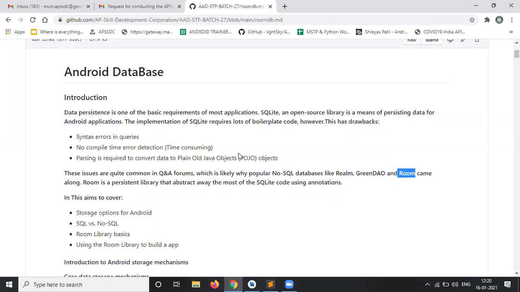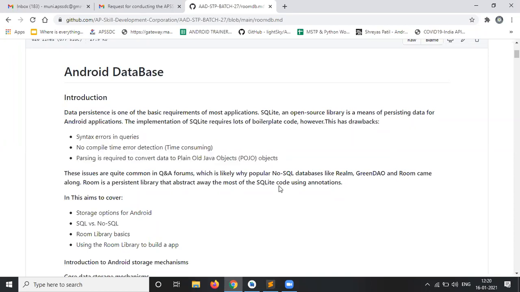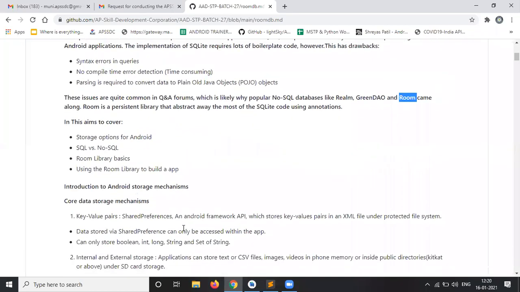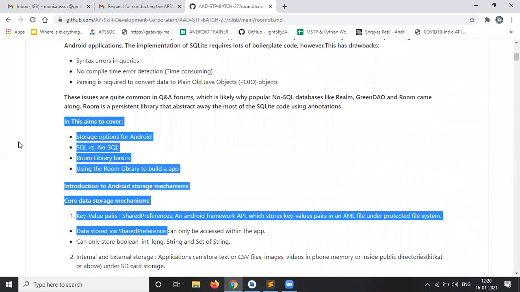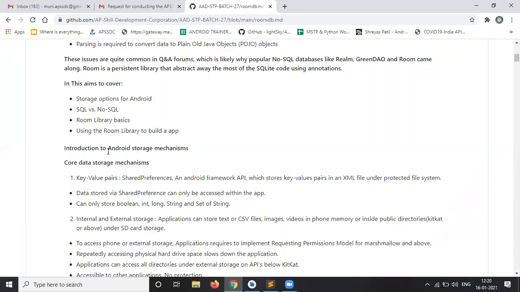If you want to overcome these drawbacks, we will replace this database. From this, I will tell you about this Room database. Here some more information is there, which you may read out.